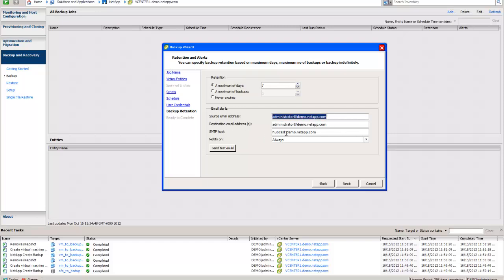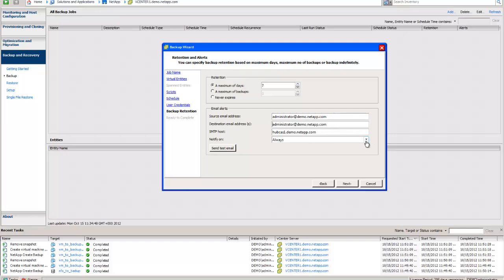All you need is an SMTP host, your source email address, which you can make up, and your destination, which needs to be real because you really want to receive it. I see a lot of people putting in generic help desk email addresses right here, so that when it emails it out, it goes into the help desk